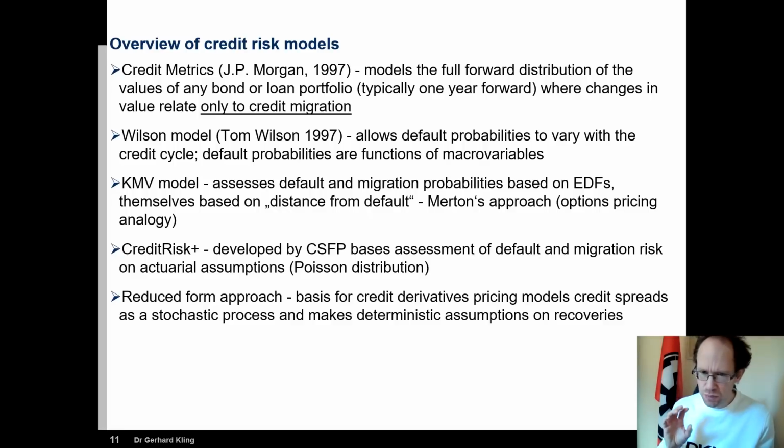Now, Merton's approach has been used a lot. It's still used a lot. It has been criticized a lot. But the most important criticism, and number one, is that you cannot use just volatility measures from the stock market, which are usually much higher than fundamental values, to assess what happens to assets. So what this approach does is it takes market-based measures of volatility and applies them to the assets of a company. Now this is quite a stretch.